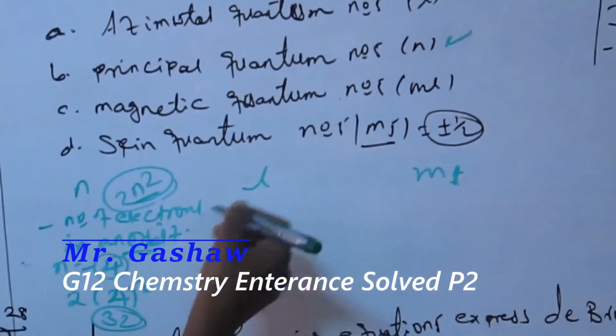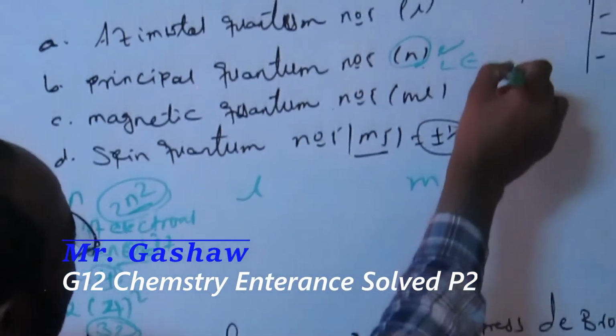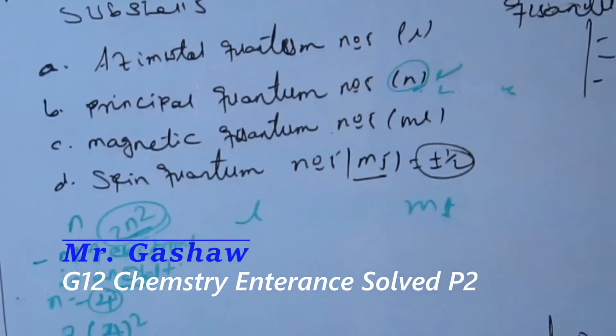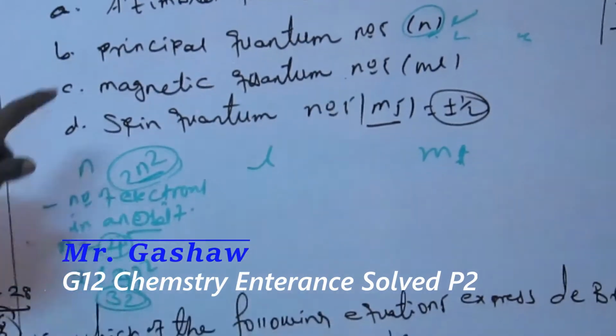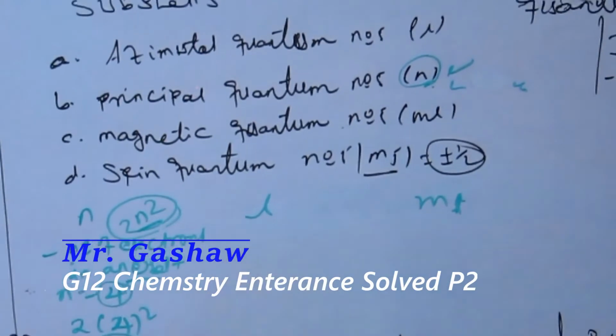Additionally, it helps us determine the energy level. This principal quantum number is the energy level, that means first energy level, second energy level, third energy level. The principal quantum number helps determine that. So when we come to the azimuthal quantum number,